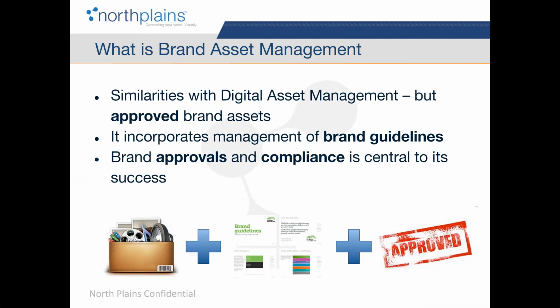So what is brand asset management? This is the core question, and what are the similarities and differences? Digital asset management stores all of the collateral an organization has. Brand asset management differs in that it's typically a subset of that, a curated set. It's approved brand assets. So it's the final logo, it's the final font, it's the single point of reference that